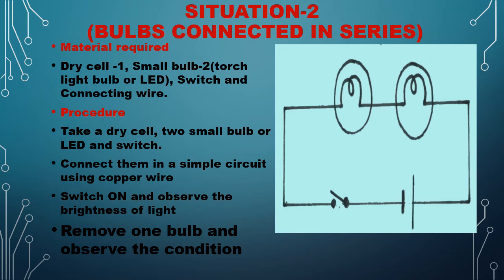Now here if you observe the switch, is it open or closed? Yes, it is open. That means the circuit is open. And close it. That means the circuit is closed and the current flows from one terminal to another terminal. Electrons will flow in the opposite direction to the current, which you will learn in higher classes. Now what you have to do is just simply switch on the switch.